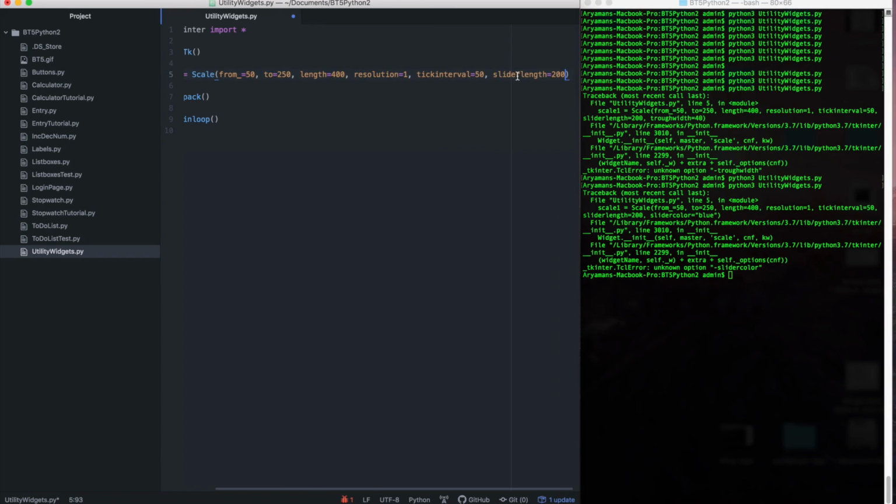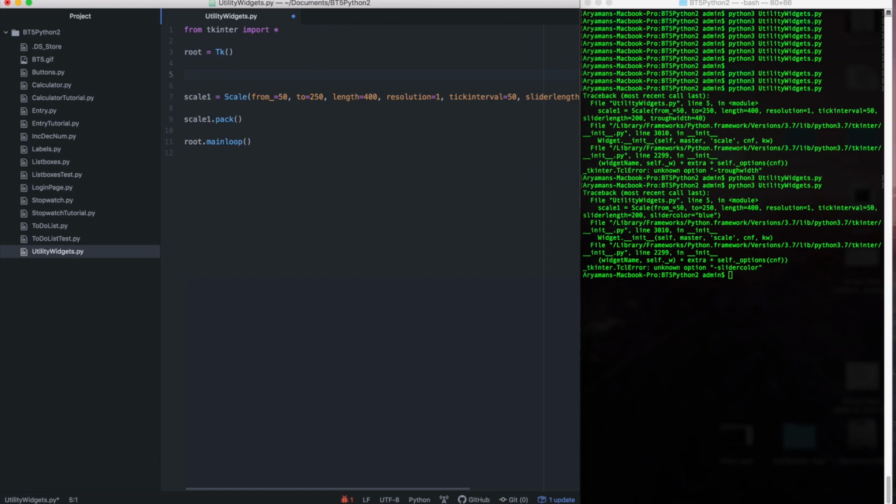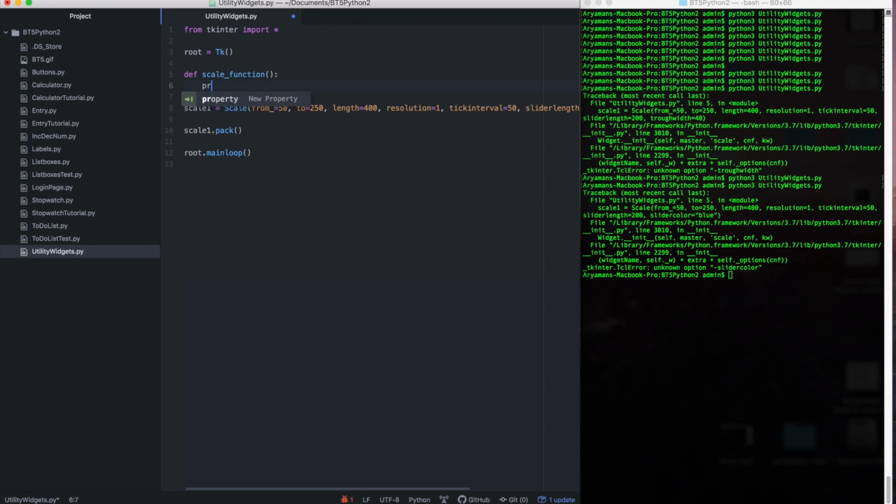And also we have stuff like command, and basically that's what it'll call that function every time the slider is moved. No matter how little the slider is moved, it'll still call the command. So call that function. Let's call it scale function. I'll create a function over here. Oh, what am I doing? Def scale function, and then I'll say it'll just print